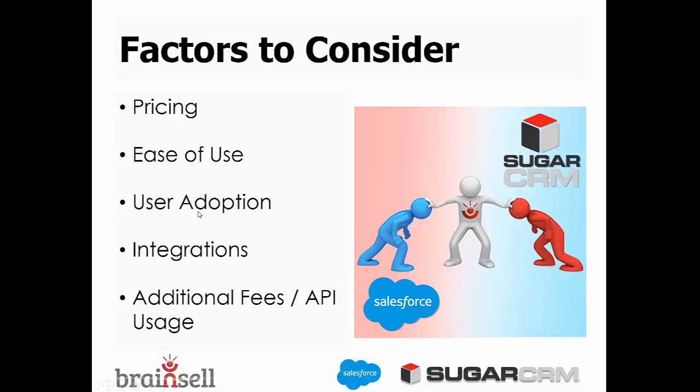I always call it the aha moment, by the way. Both Sugar and Salesforce are best-in-class CRMs. There's no doubt about it. They both do CRM fantastic. But what's the aha moment? What's going to pop out? Maybe one does something a little bit better, and then we look at costs and all these other factors as well. Maybe one's got a phone system integration that you need, or maybe one's got a community group that you need, and the other one doesn't. So that's the aha moment. Exactly, yeah. You're right. Yep.